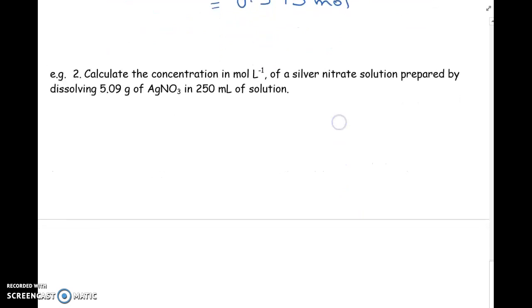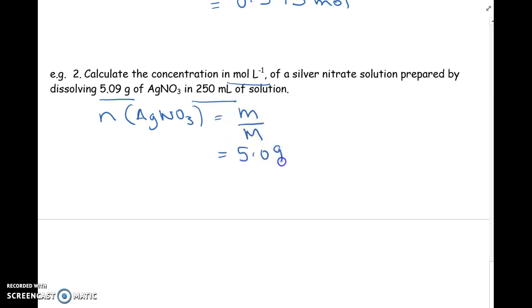Let's try a second example. In this example, it says calculate the concentration in moles per litre of silver nitrate by giving 5.09 grams of silver nitrate and 250 ml of solution. Well, the first thing is you don't have a mole. So you're going to have to find the mole, so the number of moles of silver nitrate equals mass over formula mass. So the mass is 5.09 and the formula mass of silver nitrate is 169.91, and this comes out to